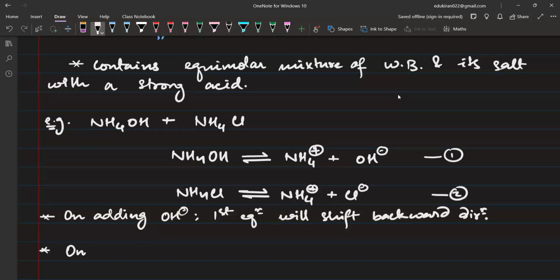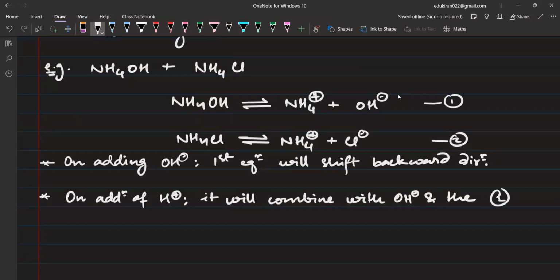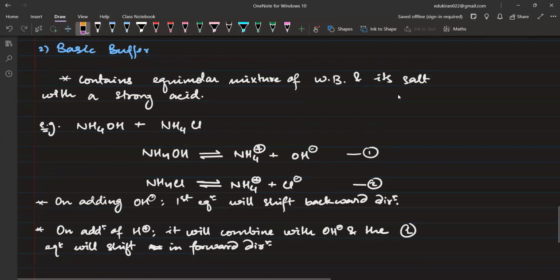नाउ व्हाट इज गोइंग टू हैपन टू ऑन एडिंग H positive, on addition of H positive, it will combine with OH negative and the first equation will shift forward direction। ठीक है, तो इस तरह से ये कुछ न्यूट्रलाइज करेगा। H पॉजिटिव डालिए तो OH नेगेटिव कंबाइन कर जाएगा, तो OH नेगेटिव कंसंट्रेशन घटने लगेगी तो ये इक्विलिब्रियम फॉरवर्ड शिफ्ट कर जाएगा। ठीक है, चलिए प्लीज कॉपी दिस डाउन, रेज योर हैंड वंस यू डन।